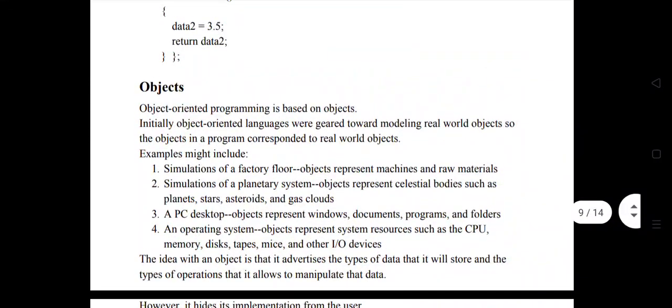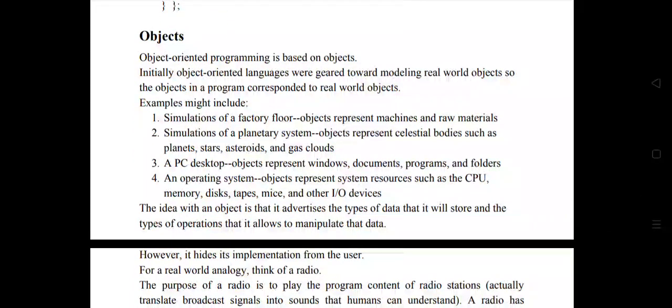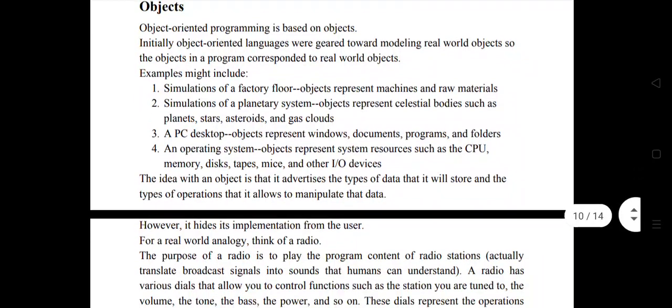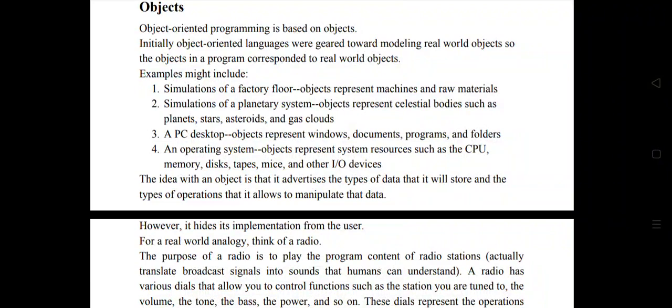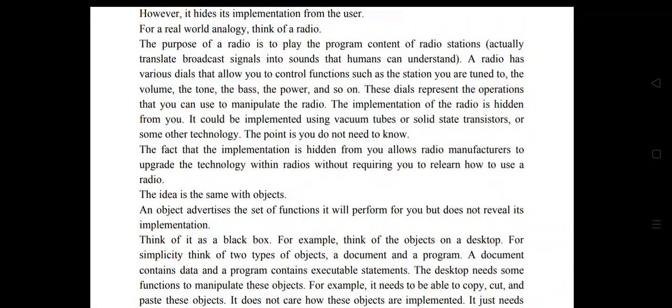Because here we are talking about objects, they also have the concept of data hiding, because this is the single unit in which you encapsulate or hide the data and the member functions. Usually what happens is that all the objects in a class have different copies of the data members, but only one copy of a member function is shared by all objects. That is the reason the message passing concept came into existence. Abstraction is another important feature which we have seen in the previous video, which says that the implementation will be hidden from the user, but the output will be given.